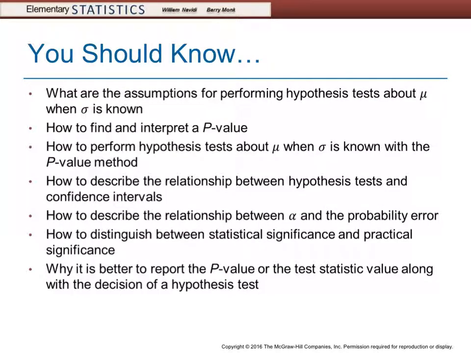So what you should know out of this section. What are the assumptions for performing a hypothesis test about mu when sigma is known? How to find and interpret a p-value? How to perform a hypothesis test about mu when sigma is known with the p-value method? How to describe the relationship between the hypothesis test and the confidence interval? How to describe the relationship between alpha and the probability of error? And how to distinguish between statistical significance and practical significance. And finally, why is it better to report a p-value or a test statistic along with the decision of a